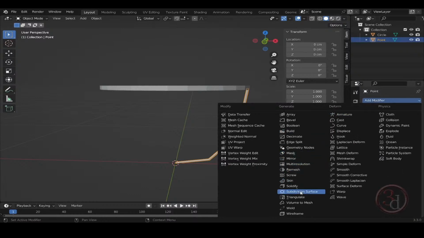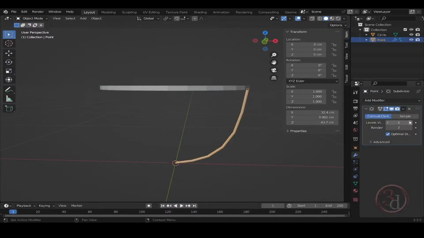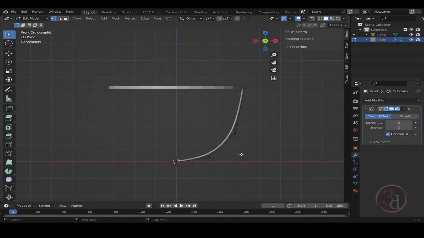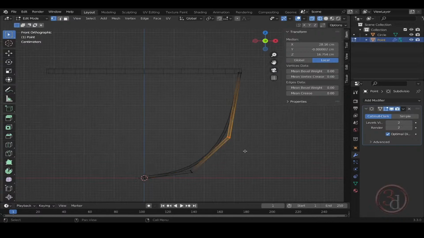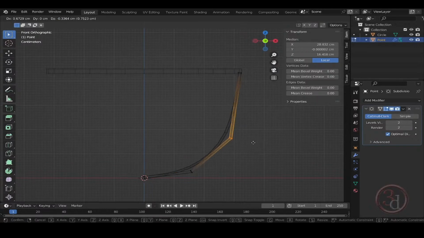Select subdivision surface, and let's increase the level to 2. Press Tab so I can go to my wireframe, so I can modify the shape of the iron bar just a little bit. So bring this out